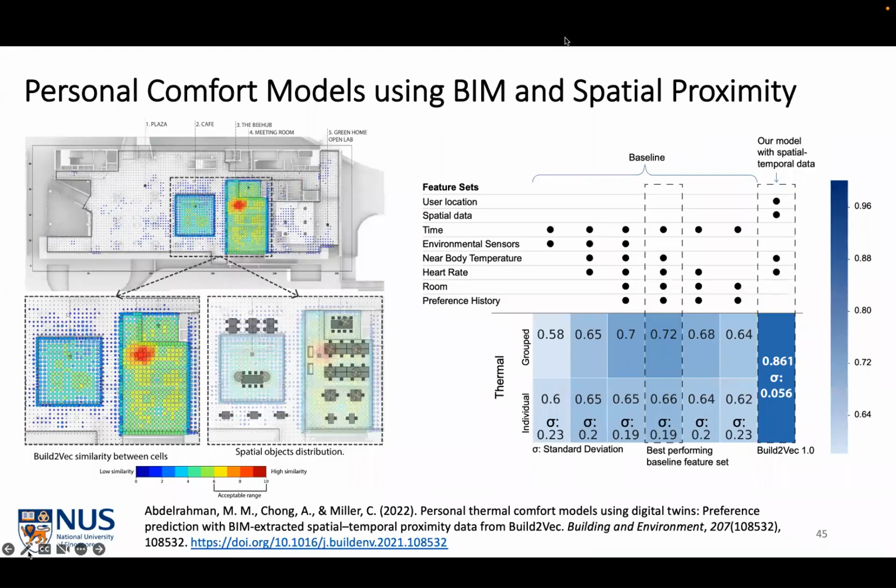So this allows us to improve the accuracy of thermal comfort prediction. It helps us remove the reliance that we have on installing sensors in every single part of the building. We can actually use humans as a sensor. So these microsurveys allow us to characterize spaces without having to have a sensor there even.